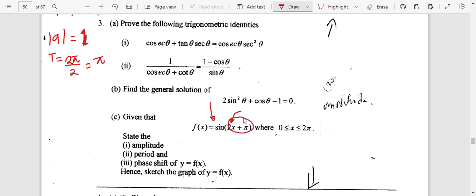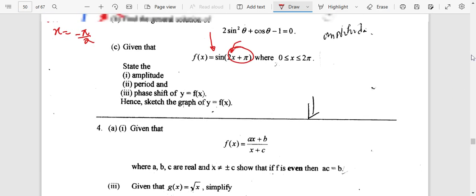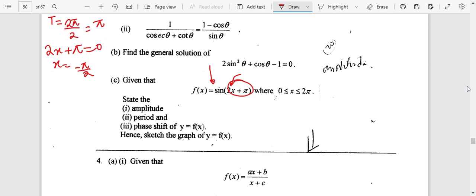Now, when you're talking about phase shift, to get this, you take whatsoever is inside the brackets and equate it to 0. So 2x plus pi is equal to 0, meaning that x is going to be, take the pi to the other side, negative pi, and then divide both sides by 2. That will be negative pi over 2. That is the phase shift. The next question is asking us to